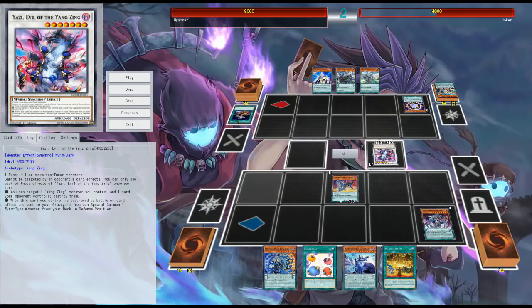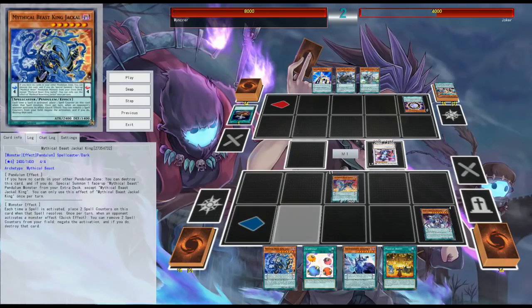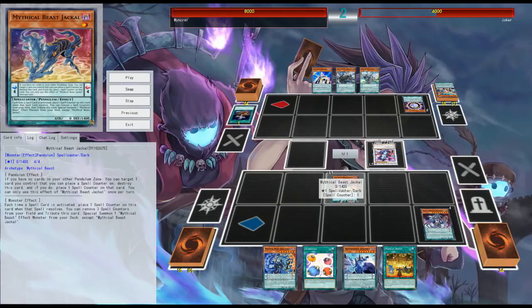So as we can see here, again, we got a good hand. You'd be surprised how often that happens. But Cerberus in hand and Jackal King in hand means that we only want to search out the last combo pieces, so either a Garuda or a Basilisk. Having Astrograph in